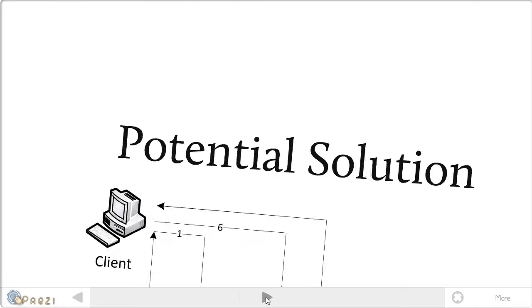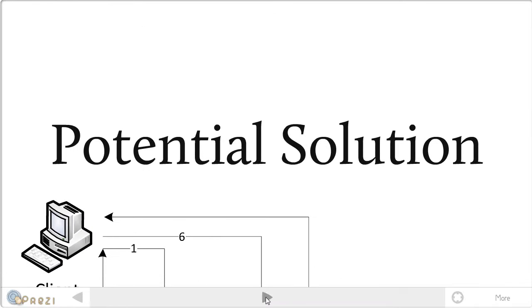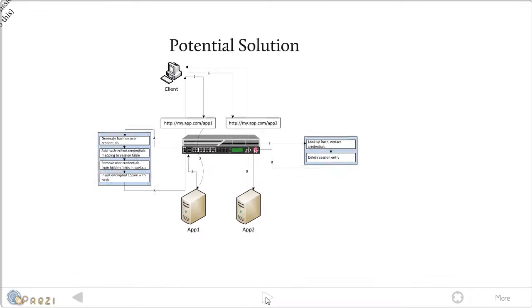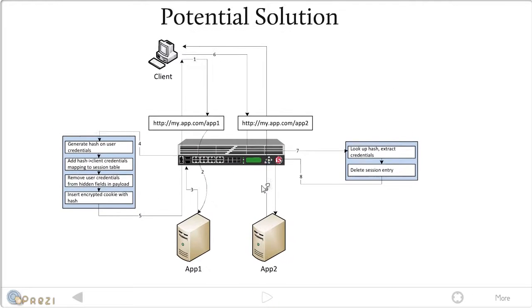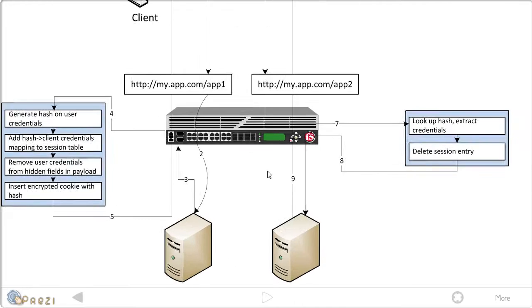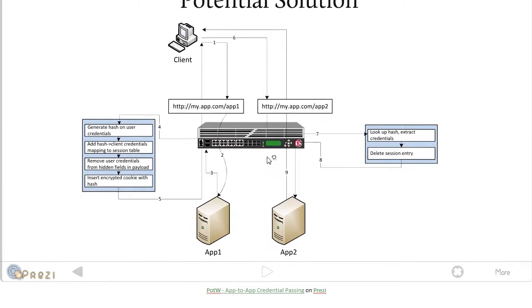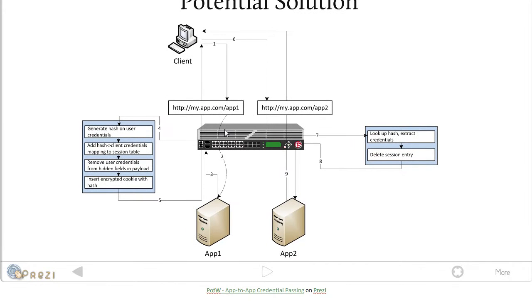So, a potential solution, let me scroll in here. A client makes that request to the first app, so it gets sent back to the app, and then on this third step here, the BIG-IP gets that response. At that point, you could grab that response payload, and since you know what your hidden fields look like, you can search through with string commands in that payload,